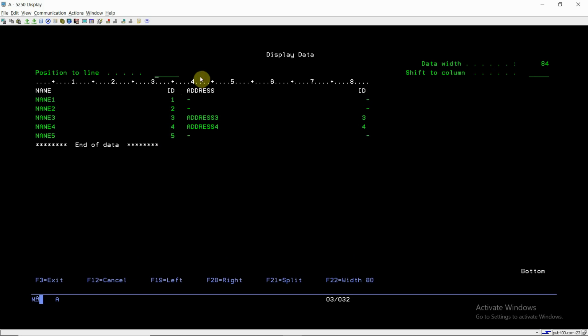Now we can see that in the address and ID fields we are seeing a dash, which is representing the null value, because we have not got the matching row in table 2 for these rows. If we had gotten that, we would be getting the result in the inner join as well. So that's the reason we are getting null. Suppose we don't want to get the null value and we want a default value: for character it is blank, and for address and IDs, which is a decimal, for IDs it is 0.